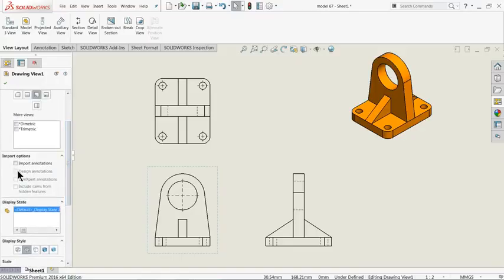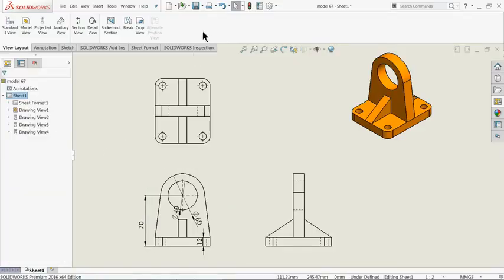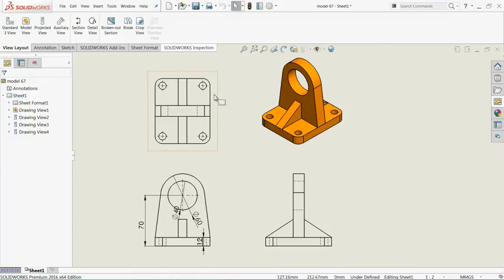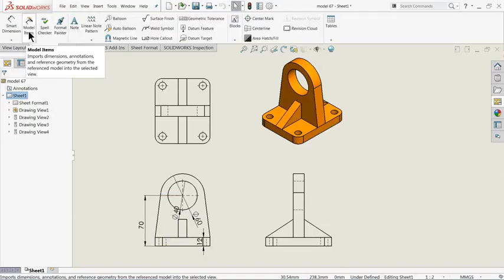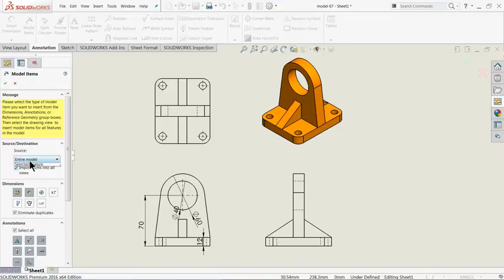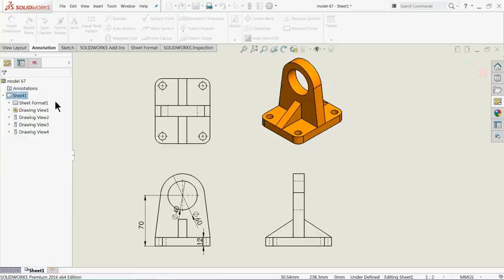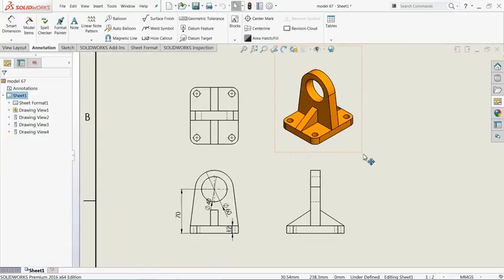We can also import annotations and dimensions from here, or there is one more option I'll tell you. Or simply go to Annotation, Model Items, and here choose Entire Model.